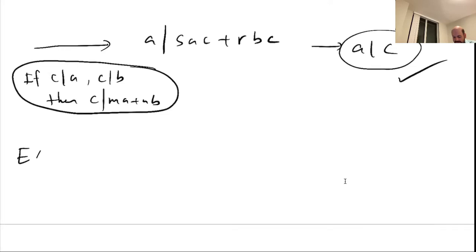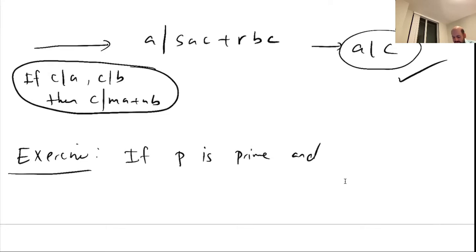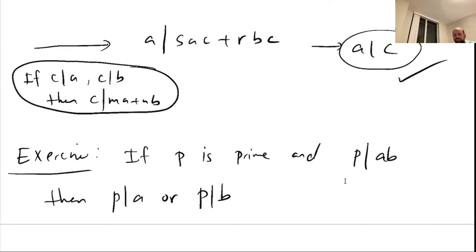And now one exercise that you can check is that if P is prime and P divides AB, then P divides A or P divides B. So if P divides AB,